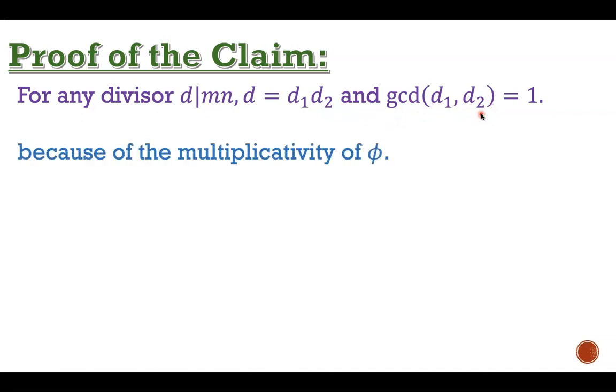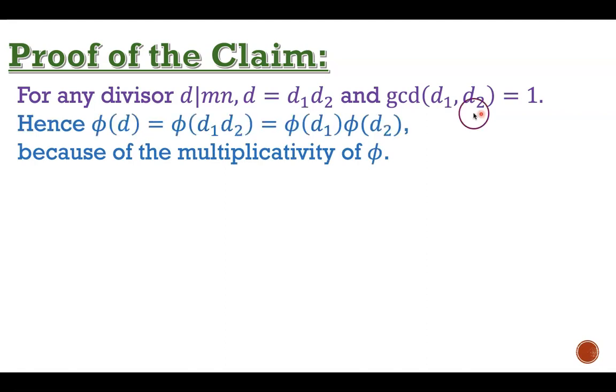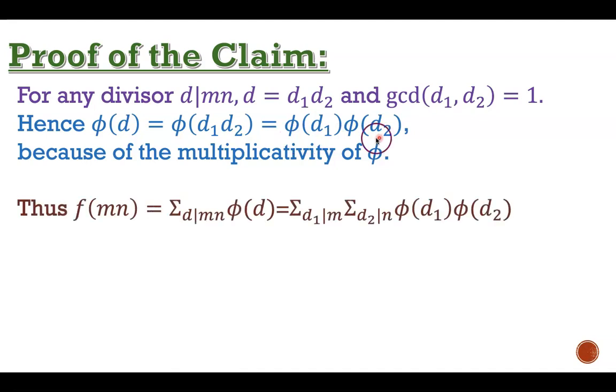Now, because of the multiplicativity of the phi function, we can express phi of d, that is phi of d1 into d2, as phi of d1 into phi of d2. Now, f of mn will be equal to the summation over all divisors d of mn of phi of d. Here we can replace this phi of d by phi of d1 into phi of d2, and can express our sum as the summation over all divisors d1 of m into the summation over all divisors d2 of n of phi of d1 phi of d2,